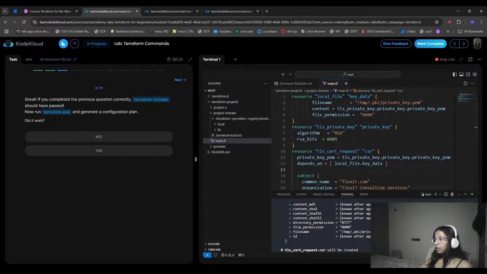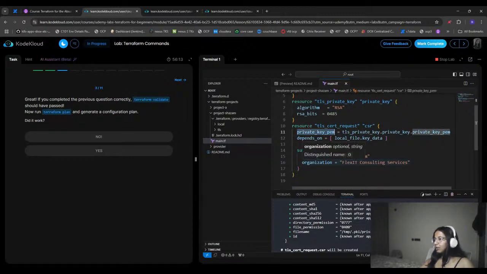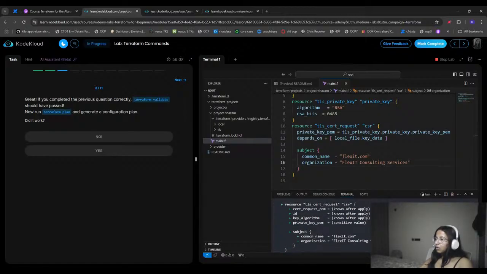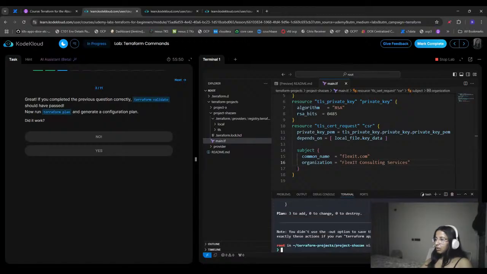CSR क्या कर रहा है, की डेटा फाइल पे डिपेंड करता है। ठीक है, की पेम चाहिए इसको, की पेम इससे ले रहे हैं हम। ठीक है, इसका यूज कहाँ कर रहे हैं फिर? कॉमन इमेज डॉट इन। ठीक है, अच्छा CSR जनरेट करेंगे, देखते हैं क्या होता है। TLS पब्लिक की एंड, ठीक है थर्ड।